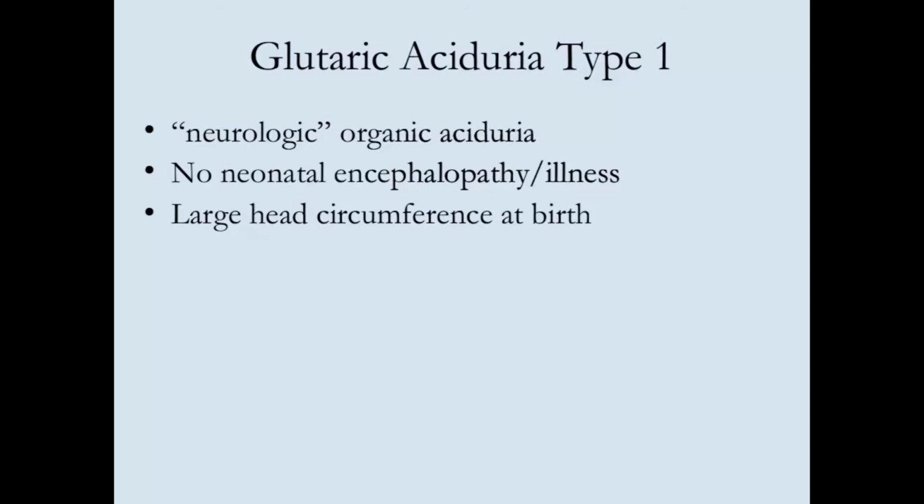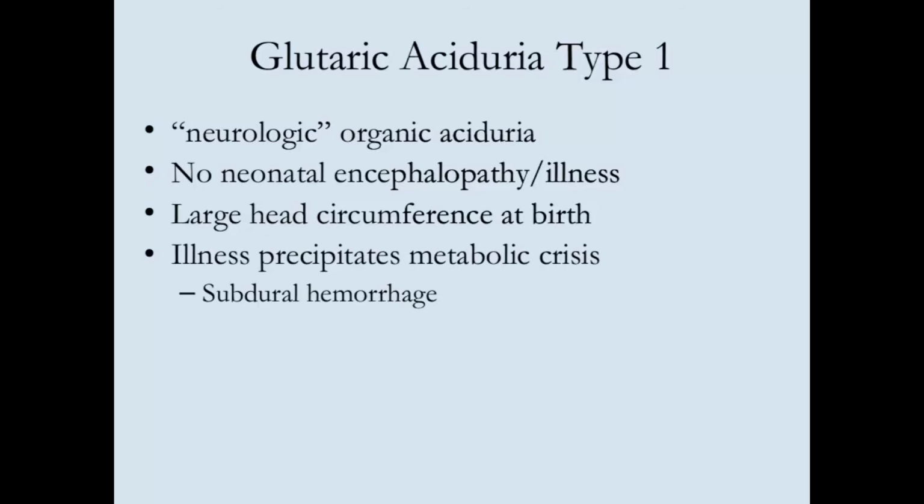Rather, these kids may have a large head size at birth, and then around 6 months of age is probably the most vulnerable period, at least from what I remember. And then if they get ill with anything, it can precipitate this metabolic crisis, which can lead to a variety of symptoms, including subdural hemorrhage, which is often obviously devastating,